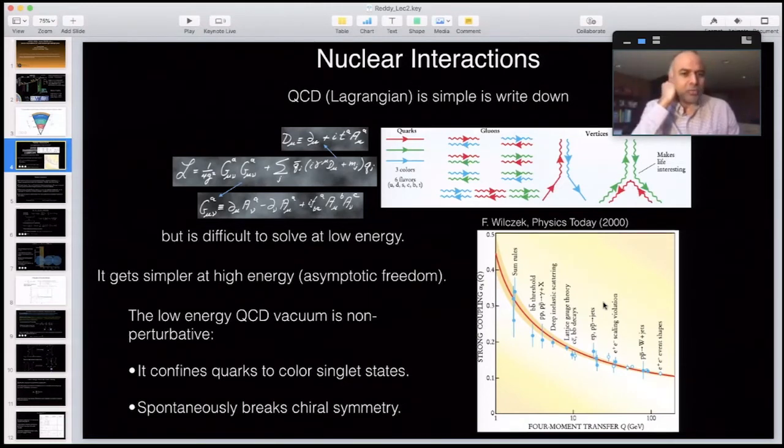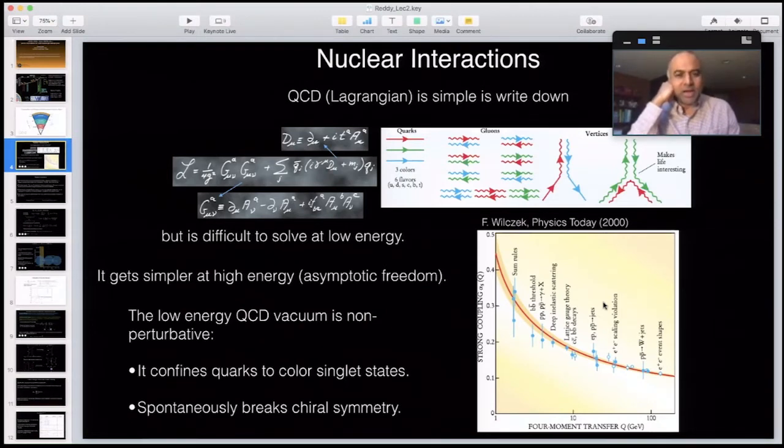But there is this phenomenon of non-perturbative physics which generates a scale in QCD called lambda QCD, and we expect lambda QCD to be of the order of a few hundred MeV. So the masses of the light quarks are very small compared to this typical non-perturbative scale